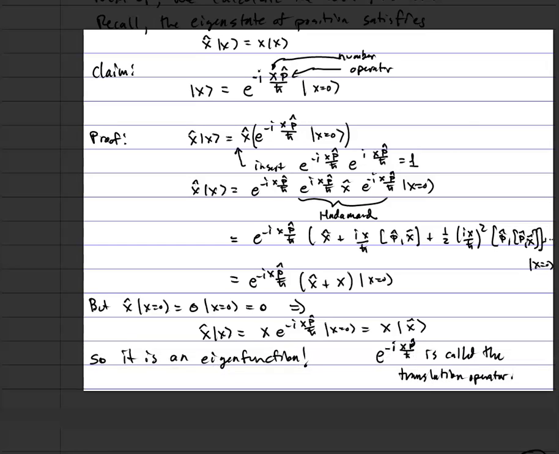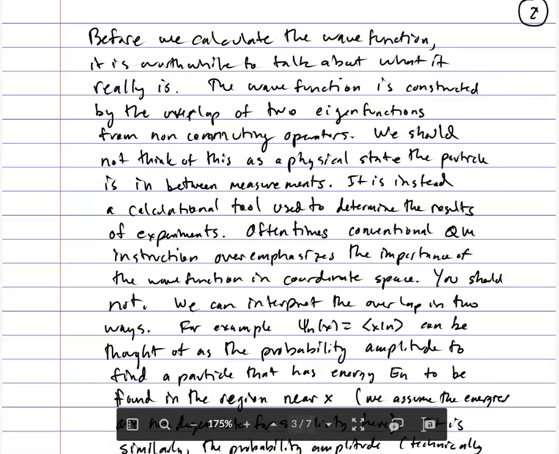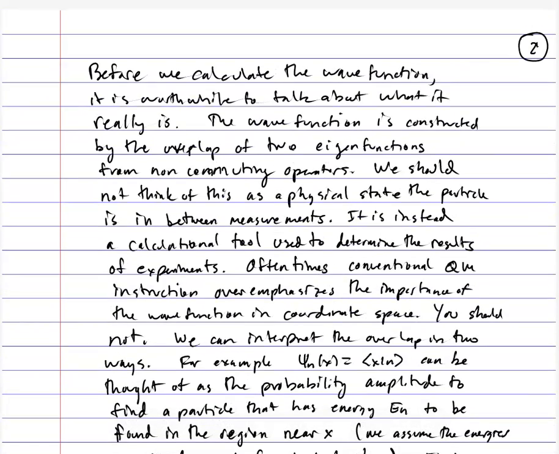So it is an eigenfunction. Now we call this operator e to the minus i x p hat over h bar, the translation operator. You may or may not have encountered that previously in another class. Now, before we calculate the wave function, it is worthwhile to talk a little bit about what a wave function